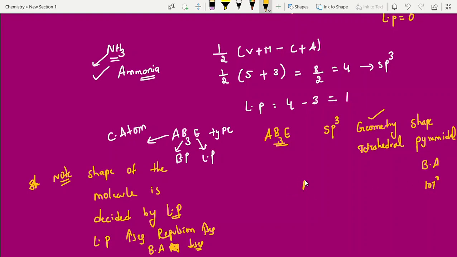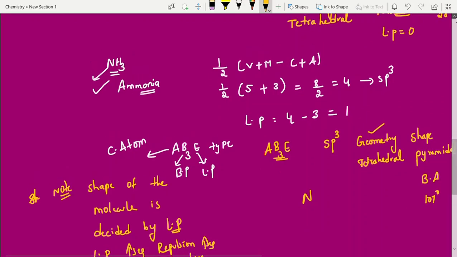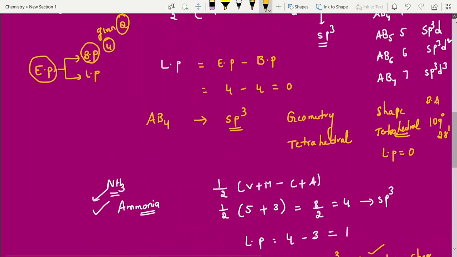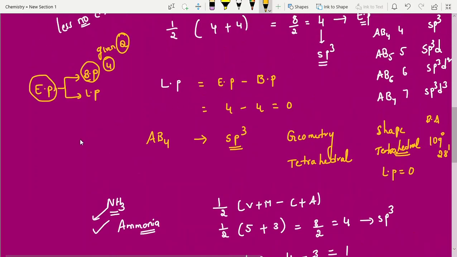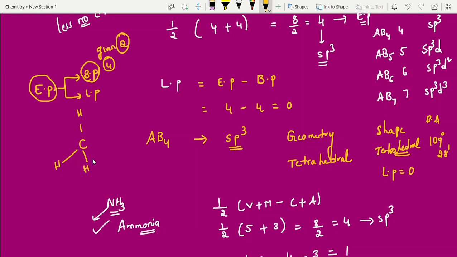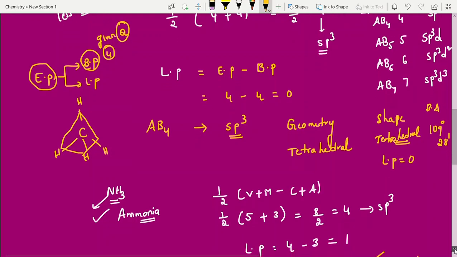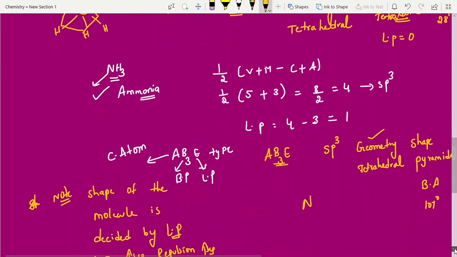Now the ammonia molecule. The methane molecule structure, if you want to, you can draw here also. This is the methane molecule. The central atom is carbon, and around carbon are hydrogen, hydrogen, hydrogen, hydrogen. This is tetrahedral. Clear students? All are bond pairs. Bond pairs means the bonds between these atoms, all bonds only. A pair means 2 electrons: 1 carbon electron, 1 hydrogen electron. Right? Now come back to the structure.